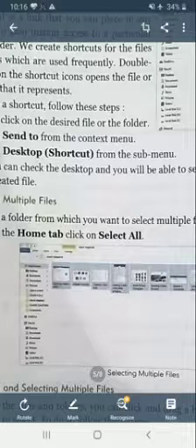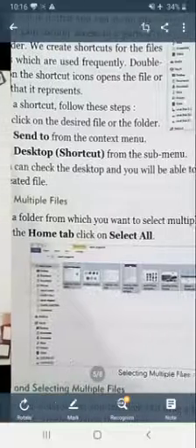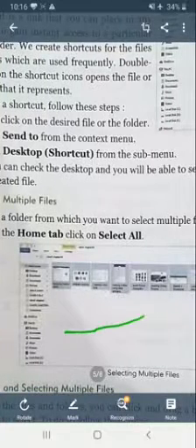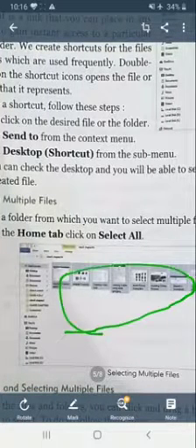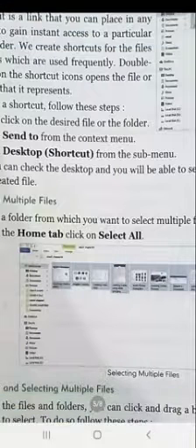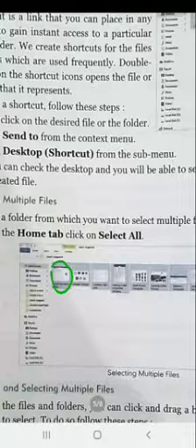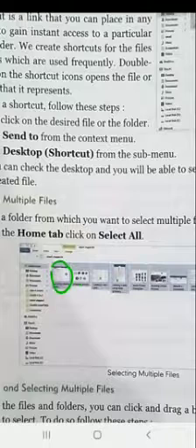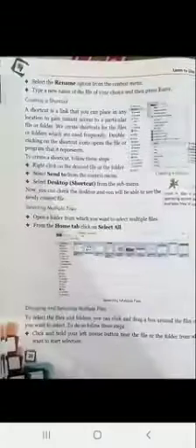Or another option is click the left mouse button and drag your mouse to select all the files. If you want to select one by one, first select one file, hold the Ctrl key and click on the files which you want to select. Your multiple files have been selected.